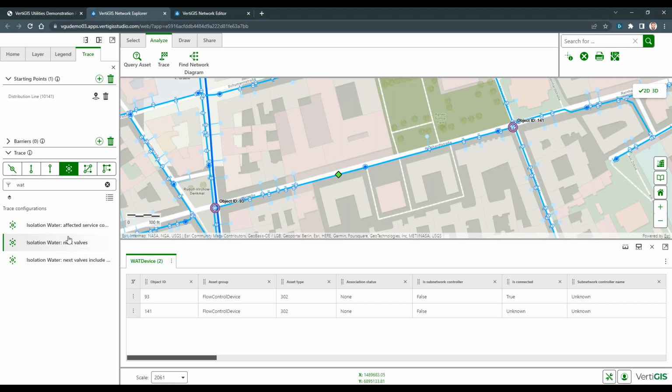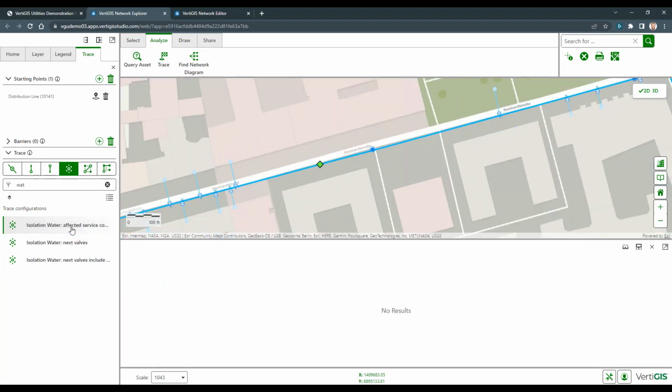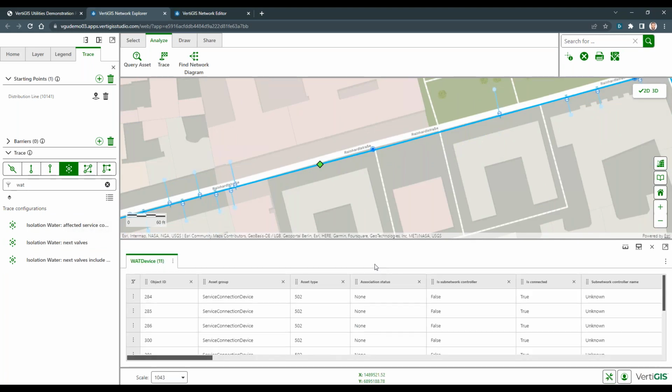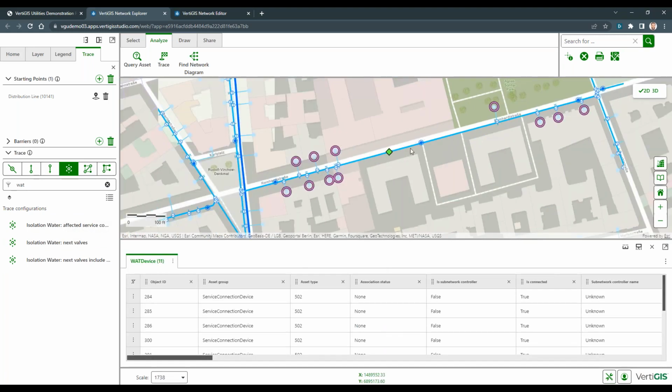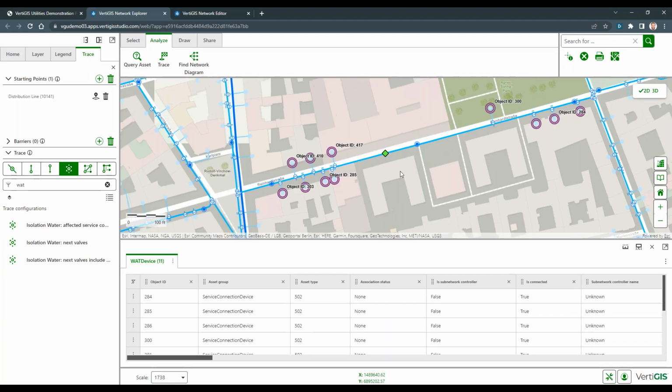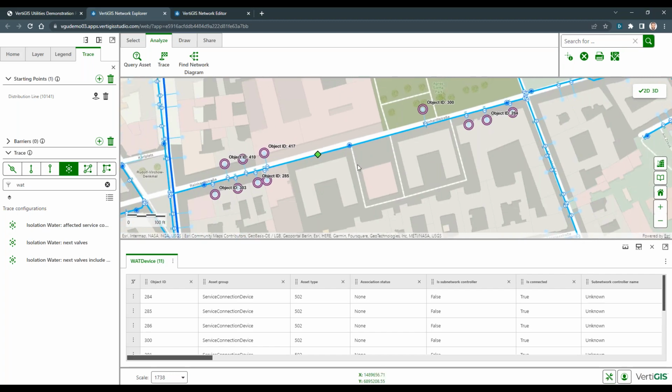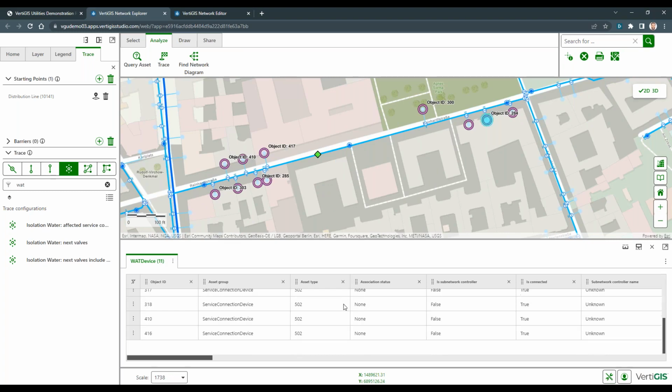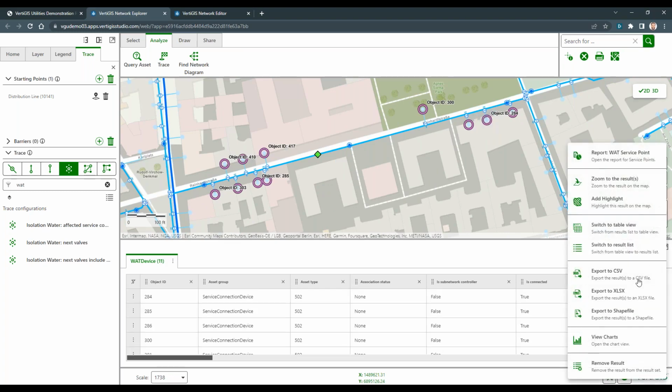But using the same inputs, I can automatically run another trace like the affected service connections. And in this case, we're getting a list of all of the service connections, or otherwise the owners of the water network, the customers of this water network that would be affected if I needed to do an operation on this distribution line. We have a tabular report here, and of course I can export these results, but we can also